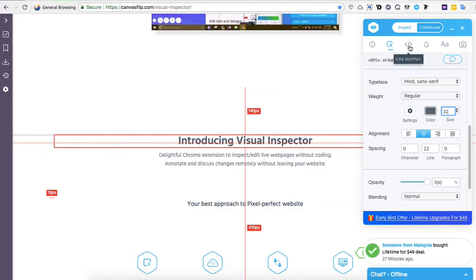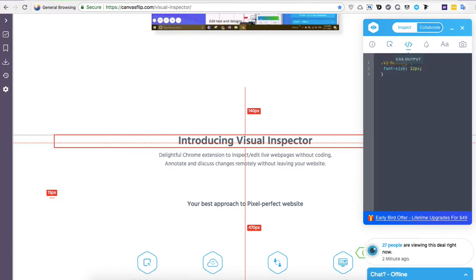and right away as well, you see here in the CSS output, there's now a little red dot indicating to me that, hey, you made some changes. Here's some CSS output for you to now plug and play in your actual style sheet on your website to commit these changes. So if I click on that, you can see it gives me right away the exact CSS code that I need. It automatically pulled the correct class, and